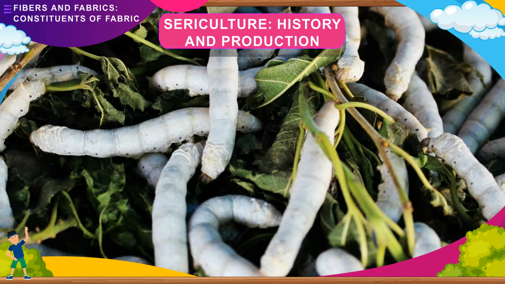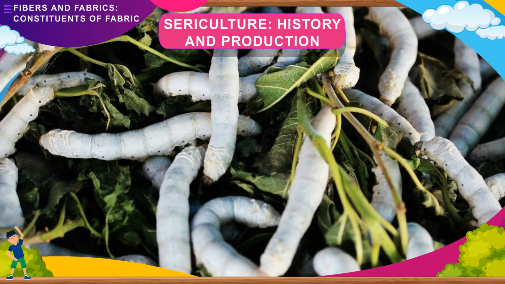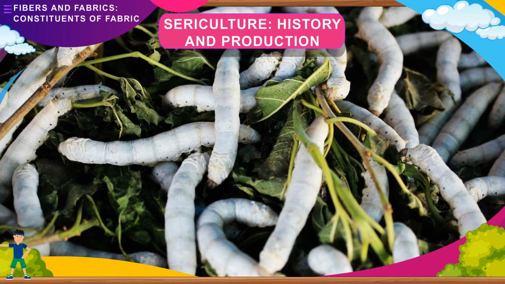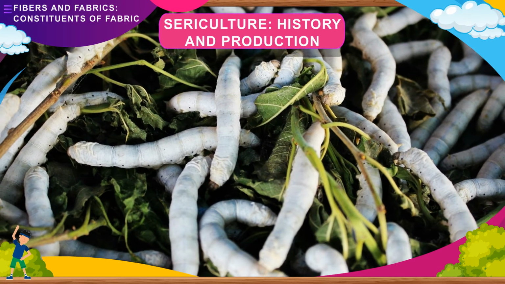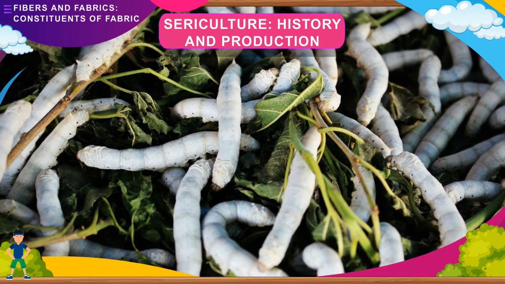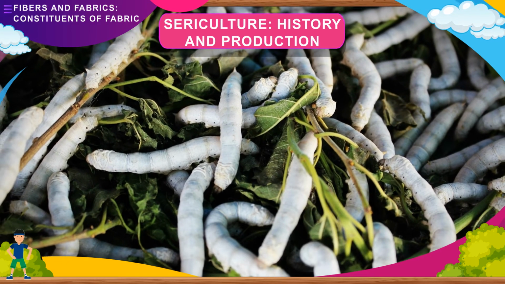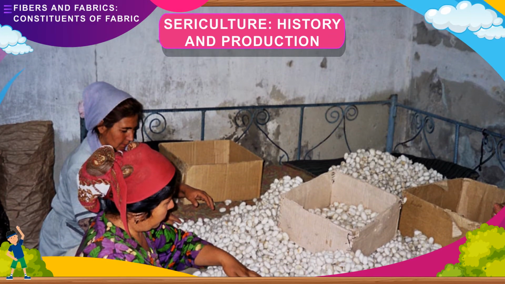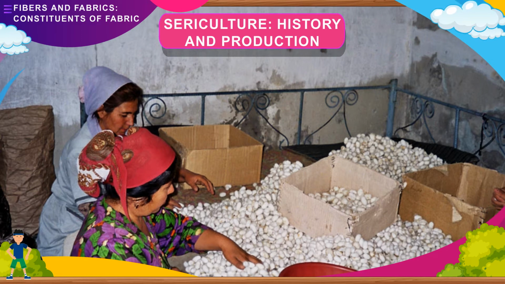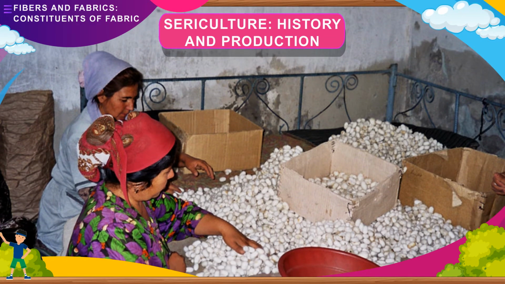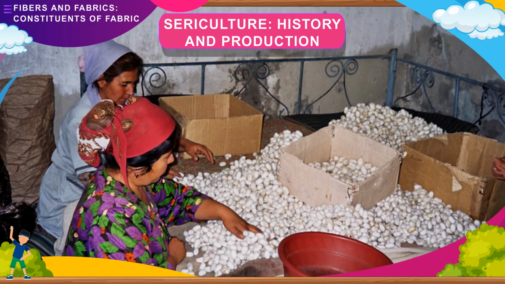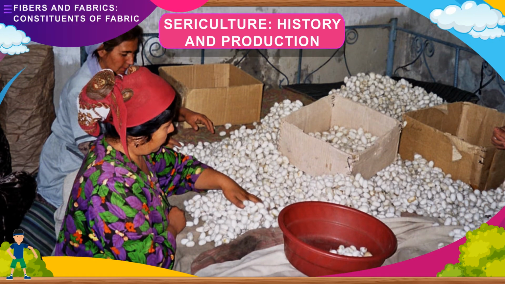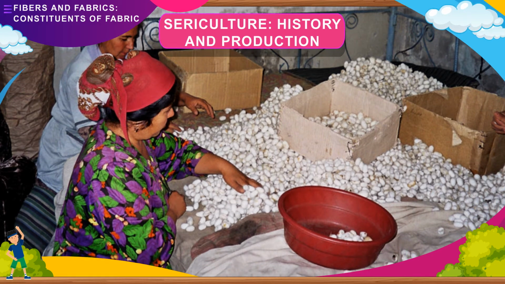Sericulture, history and production. The rearing of silkworm and the production of silk from them is collectively called sericulture. It is a very old practice and dates back to 3000 BCE, when silk production began in China. It was by 300 CE that silk production began in Japan and India. Later, by the 13th century CE, sericulture developed in Europe, in Italy, and by the 17th century, France and Spain also